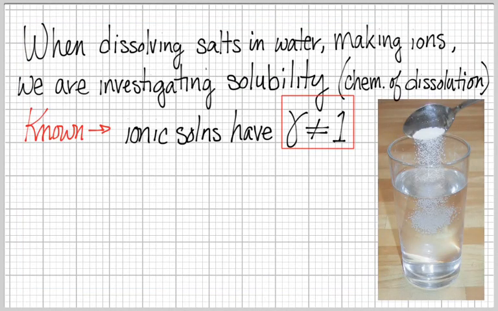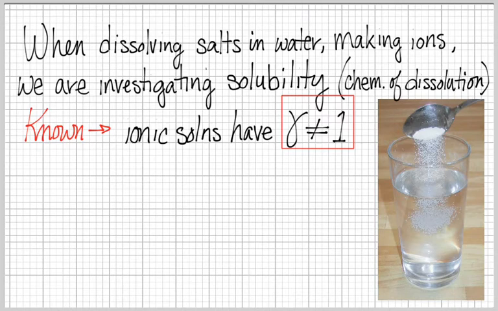Let's keep moving. So when dissolving salts in water, you are actually causing them to dissolve, and then those solvated species are positive or negative ions. And in the course of the next few boards here, we're going to be investigating the chemistry of dissolution in the way that we'd look at it from a thermodynamics perspective. So we've already known that